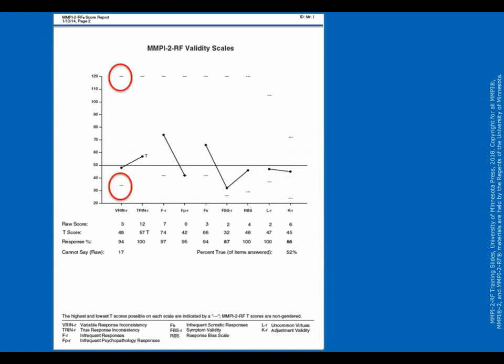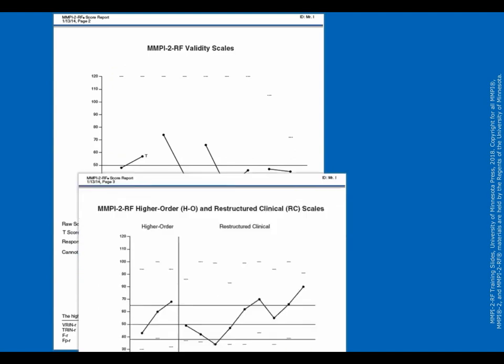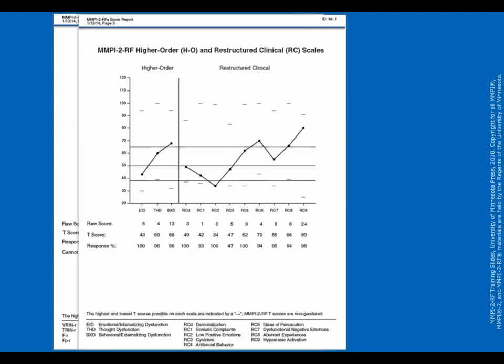The last feature you're going to see across the pages are the small lines that indicate the highest and lowest score that a test taker can achieve for a specific scale. I highlighted those here for VRIN-R for you. The remaining pages 3 through 6 provide the graphical and numerical descriptions of a test taker's scores on the substantive